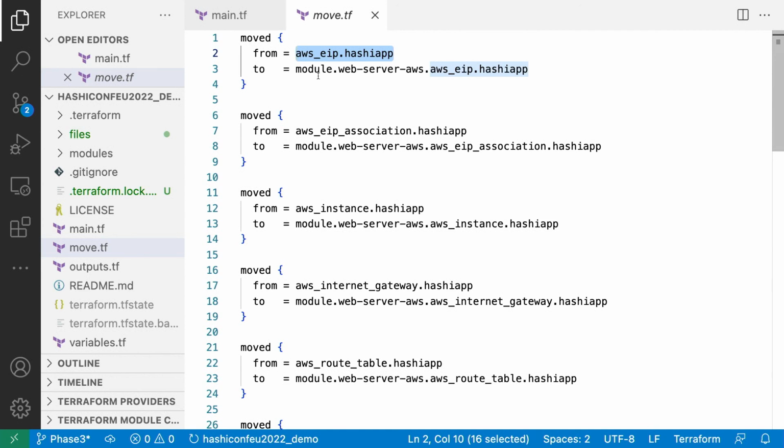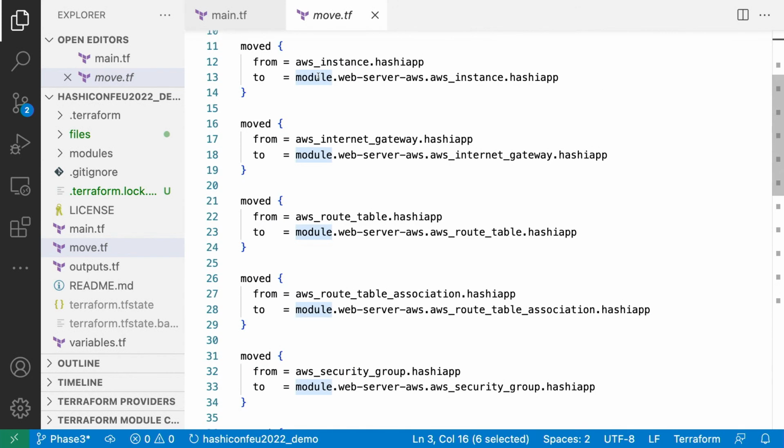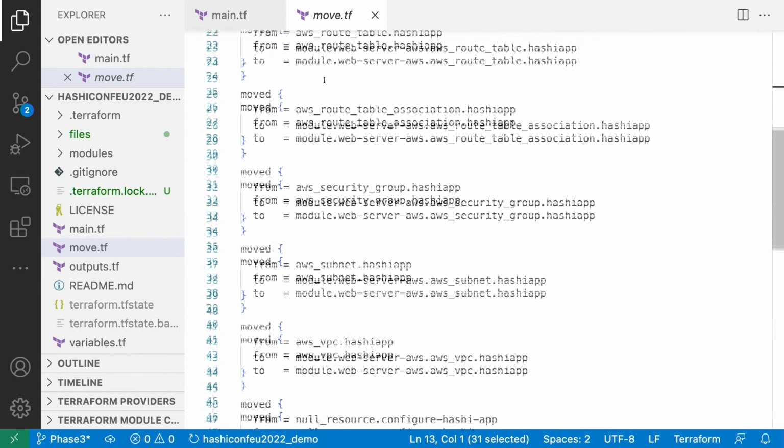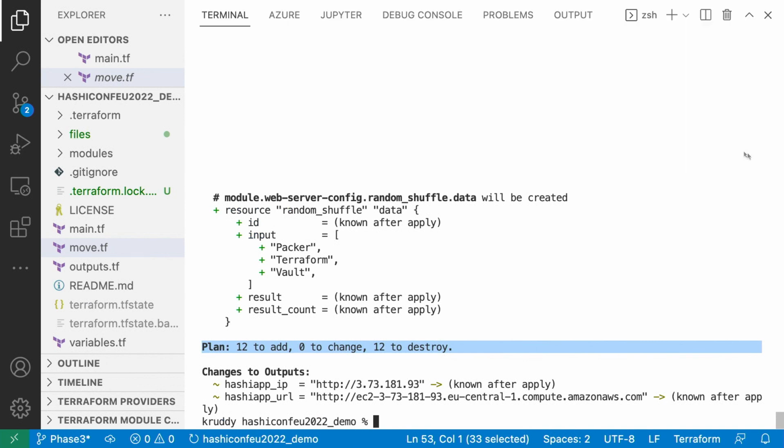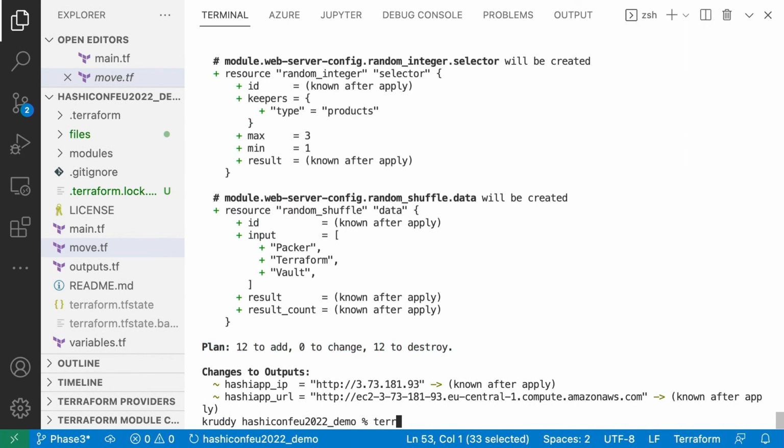So like our Elastic IP address is going to be moved into our source module, as it were. And same thing for our EC2 instance, moving that into the module. And we can even do things such as my crazy stuff like our random integer. We can even move the state of that into our module as well as our random shuffle data. So at this point, we're able to go ahead and then let's skip the plan and dive right into,